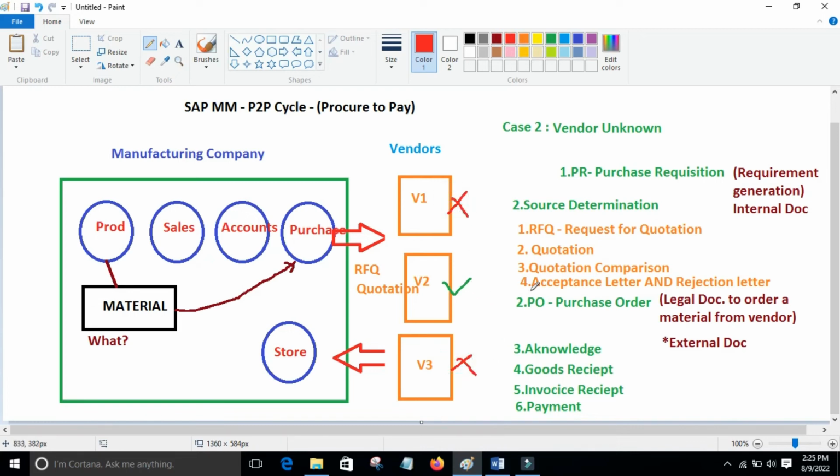They will give an acceptance letter to this vendor, and a rejection letter to these two vendors. So they will receive a rejection letter and this company will in return get an acceptance letter. Acceptance letter in the sense, we are accepting your quotation, your proposal. Once accepting the quotation,